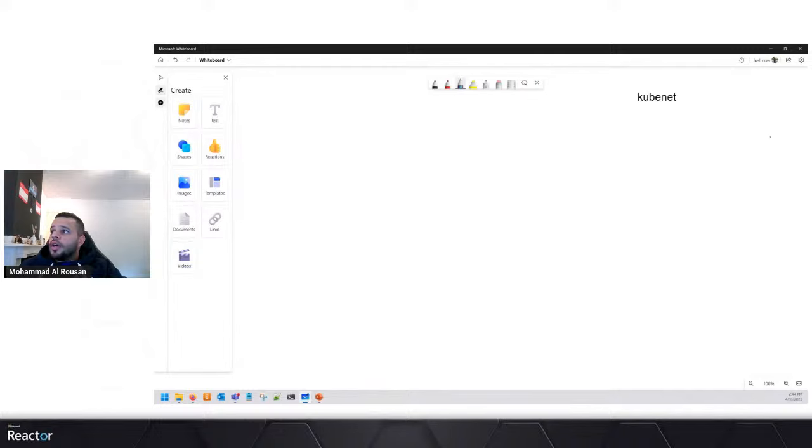So here you have Azure Virtual Network, VNet, and here you have your subnet. Here you have your VNet. Here you have your node. Inside the node you have pods, right? Node 1, node 2, node 3, and so on.